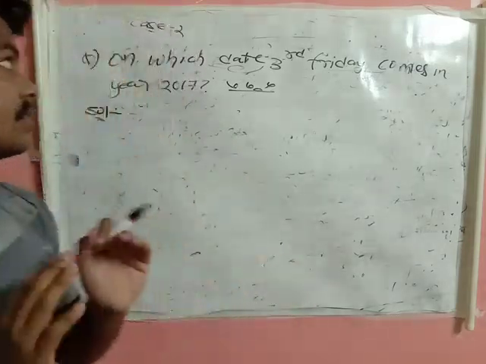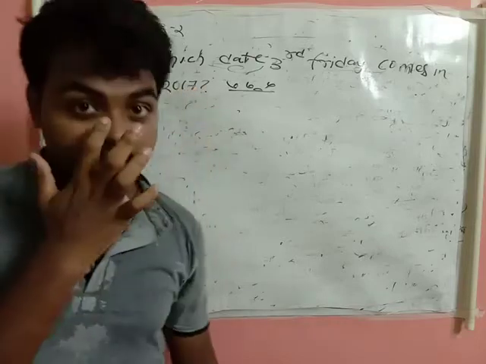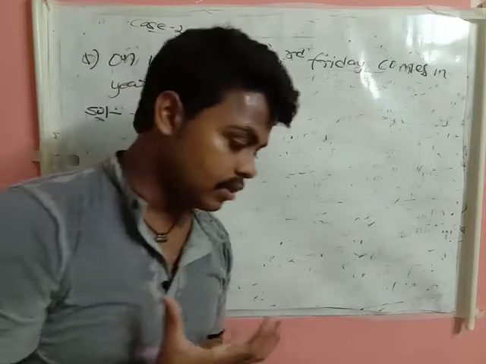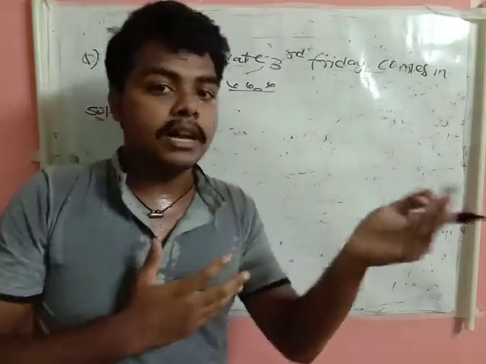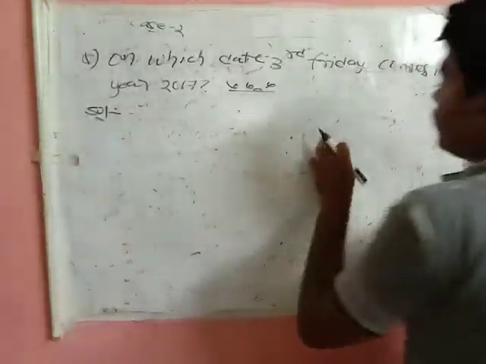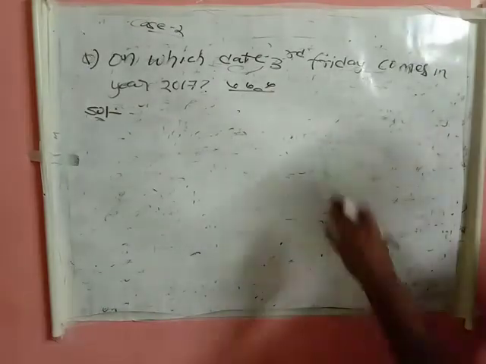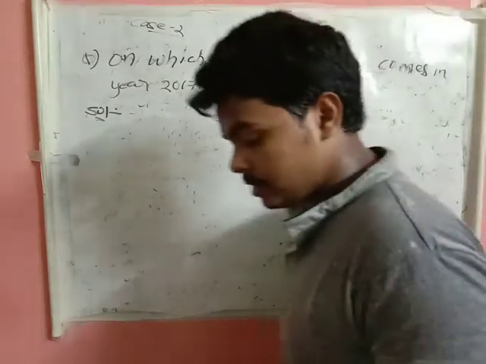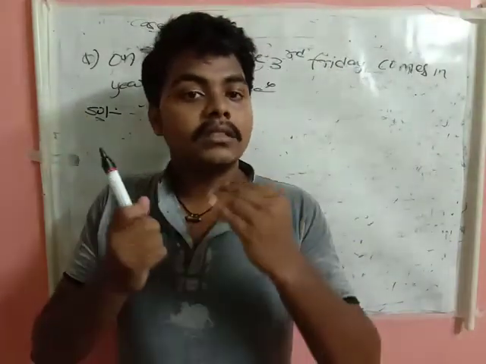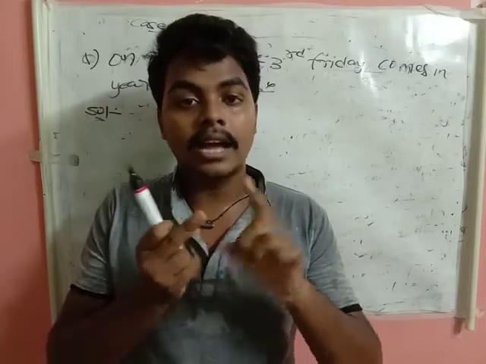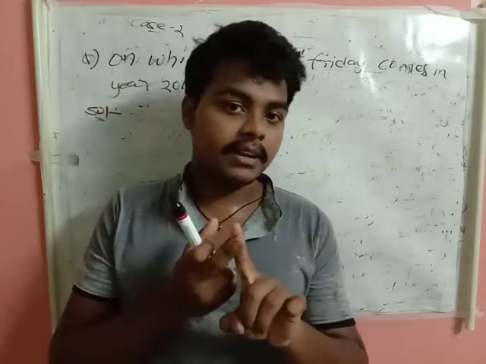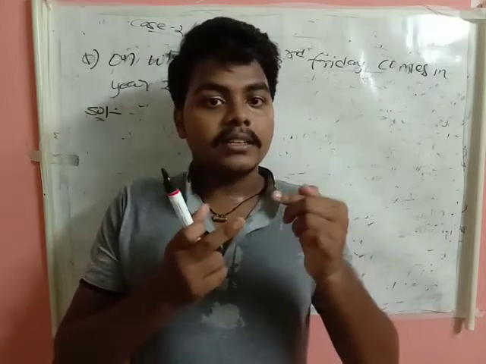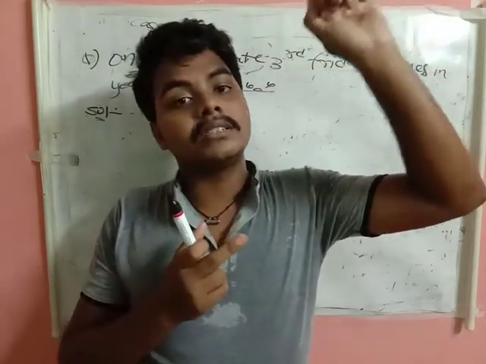This comes under case 2, because they are given as the reference date. So what is the reference date here? Initially we should get the reference date, right or not? Because by using the reference date we can get our required answer. But have they given any reference date directly? They haven't given a reference date directly. So in order to get the date of the third Friday in October, I should know when the first Friday will occur, when the second Friday will occur.